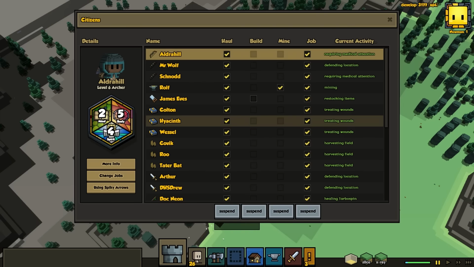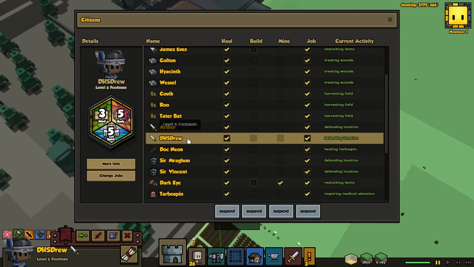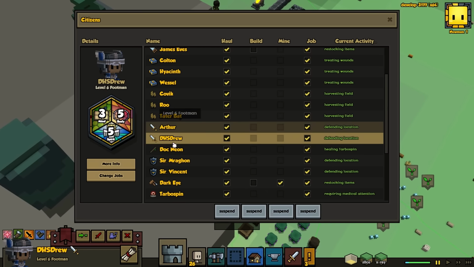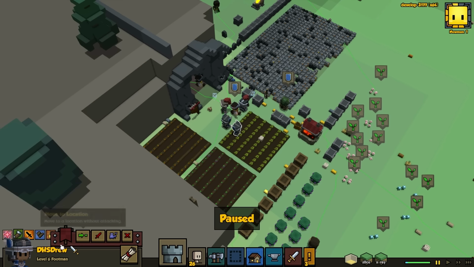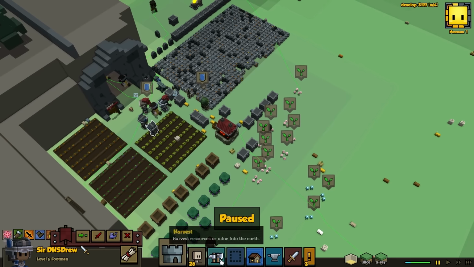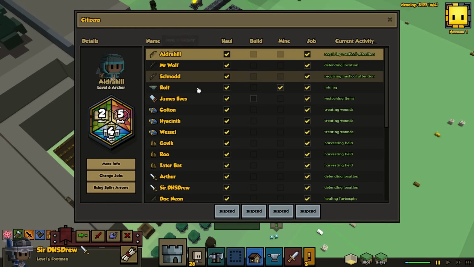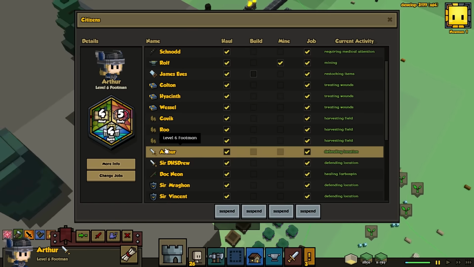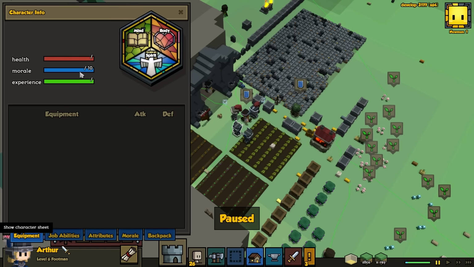Right, let's look through the list again. Alright, let's make our warriors, or at least our DPS guys. They've got decent body. I say they're definitely worth knighthood. Let's turn you into a knight. Oh, DHS has turned into a knight. Sir DHS, I'll have you know. Right, and let's see. And Arthur. You will also be turned into a knight. Sir Arthur. Wow. Once again,